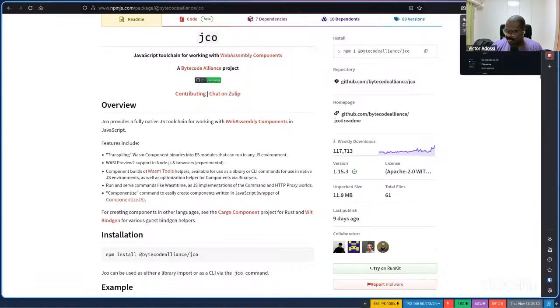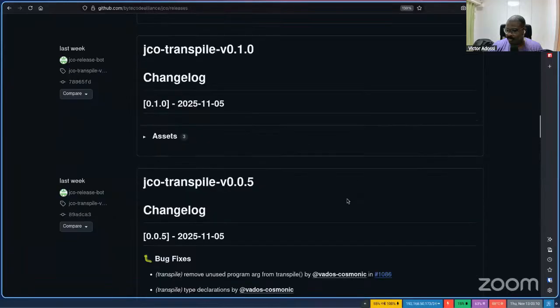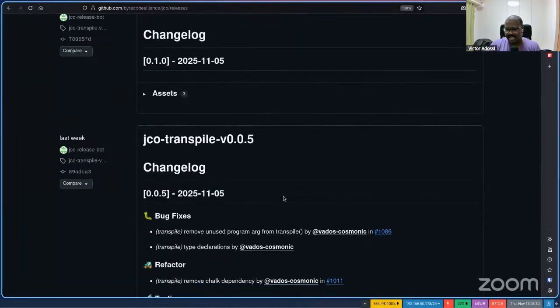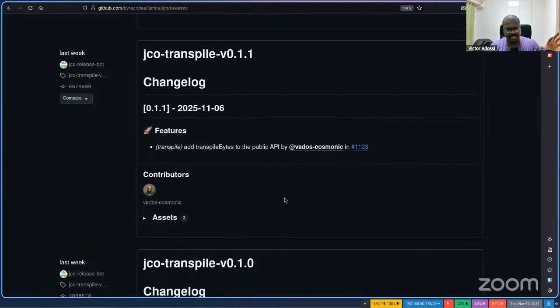So that is background on the jco project in general for people who aren't familiar with it. The part that takes a component and turns it into a JavaScript project that can be run is jco transpile. Up until now, this was built into jco directly. You would call jco transpile via the CLI, and it was also available via API, like an SDK.